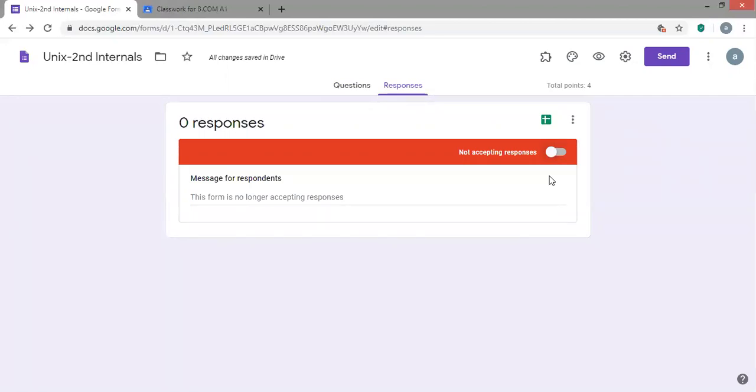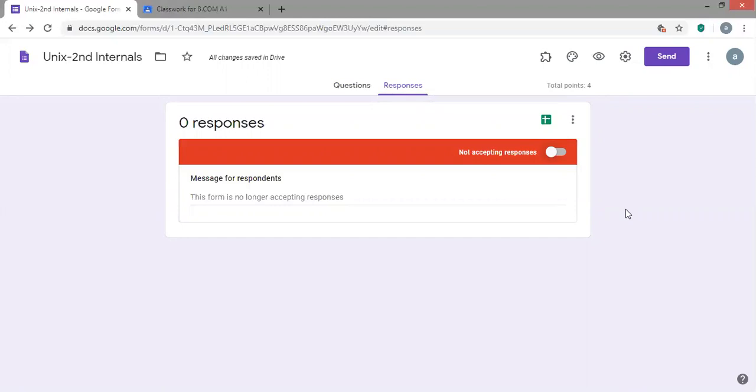This has to be done after the completion of the test. If the test has been scheduled at 9 to 9:20, you can do this option after 9:20. Or else if you have two different parts, one is part A which is MCQ and part B is a descriptive part. For part A, if it is MCQ, after 10 minutes or 15 minutes you can just disable this. The students will not be able to send the Google Forms. So after the submissions, you can see the points here. Since I have created two questions, the 4 marks has been allotted for those two questions. So this is what you have to do after the completion of the test.